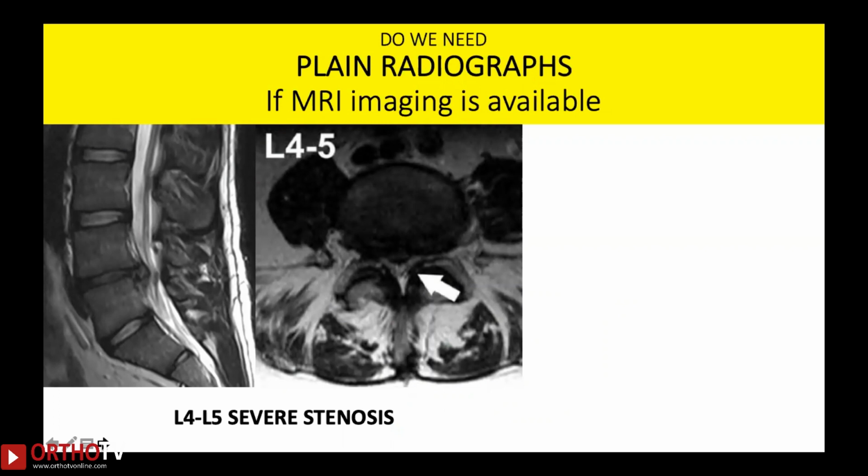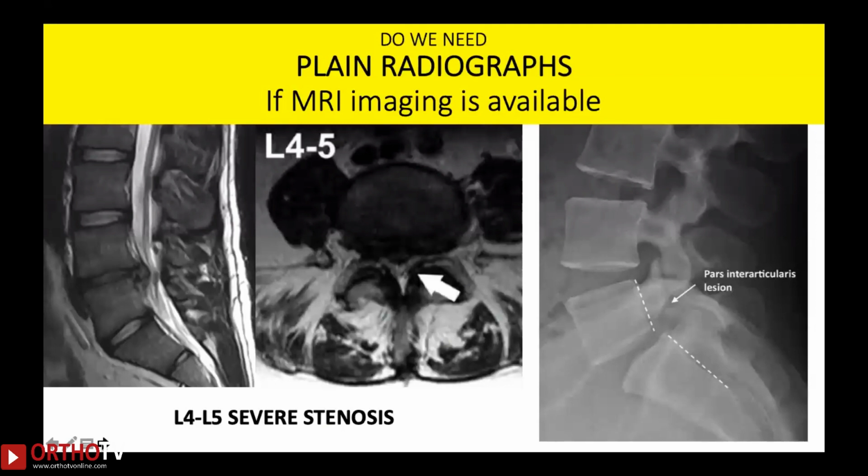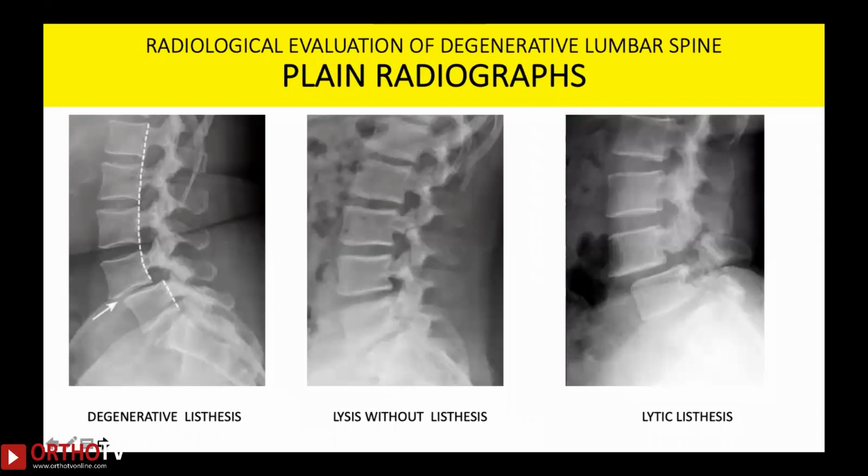This was one of our patients who had L4-5 stenosis, and we had planned for L4-5 decompression plus minus instrumentation. And then when we got the X-rays, we realized that there was a lysis sitting just below our L4-5 level. And this changed the complete treatment plan. So it is essential that we get an X-ray of the lumbosacral spine in spite of having an MRI. The various pathologies that are commonly seen in the plain radiographs include a spondylolysis with listhesis, or degenerative listhesis. I am not going to discuss these common pathologies.